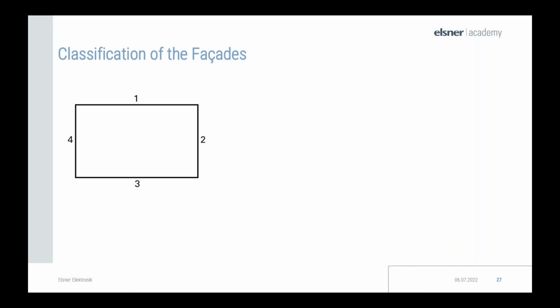Okay, here we have a very standard building. We have 4 facades. For the shading automation, it's very important that you define the individual facades of a building. If you would like to show the classification of the facades by means of some example, which can be used for most building types. So we do not have all building types, of course, this is impossible, but the most common that we encountered in our 30 years of experience will be displayed on the following slides.